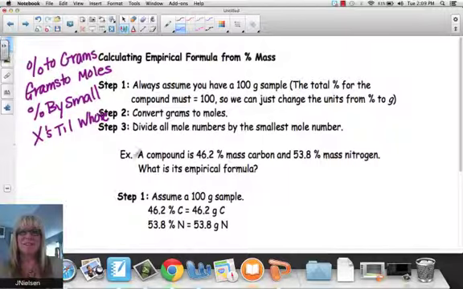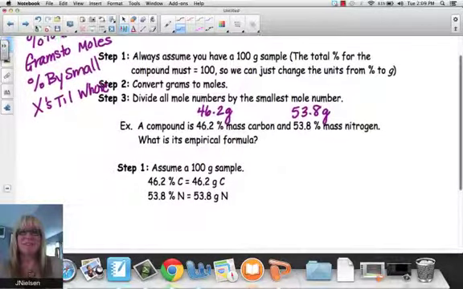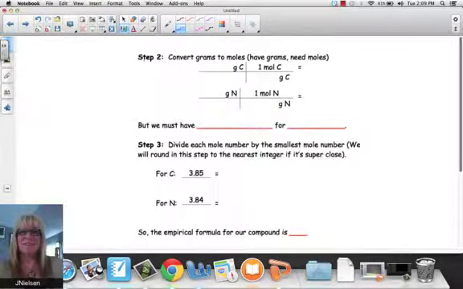So what that means is that if I have a compound that's 46.2% mass carbon and 53.8% mass nitrogen, that's the same thing as saying 46.2 grams and 53.8 grams. Because if I have a 100-gram sample and that's 100%, then my percent is the same as my grams. Next, we're going to convert to moles. So percent to mass,